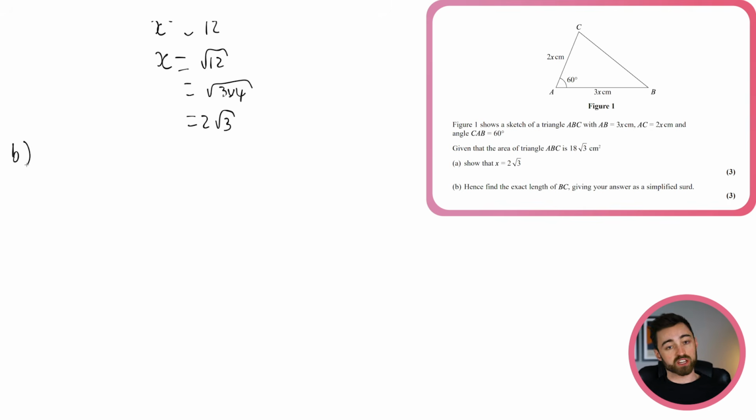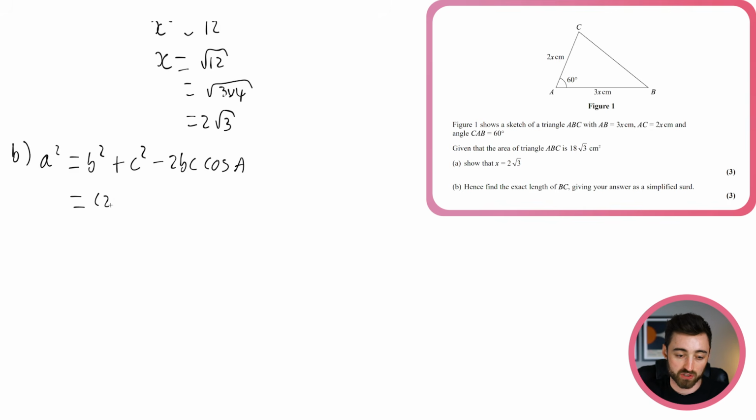So we can use the cosine rule here, because if you look at this triangle, essentially the cosine rule is the following: a squared equals b squared plus c squared minus 2bc cos A. So here, this little a would be our unknown length, in this case BC, and then B and C would be the 2x and the 3x, the angle A would be the 60. You just stick it all in, essentially. So a squared is going to be b squared, so 2x all squared,